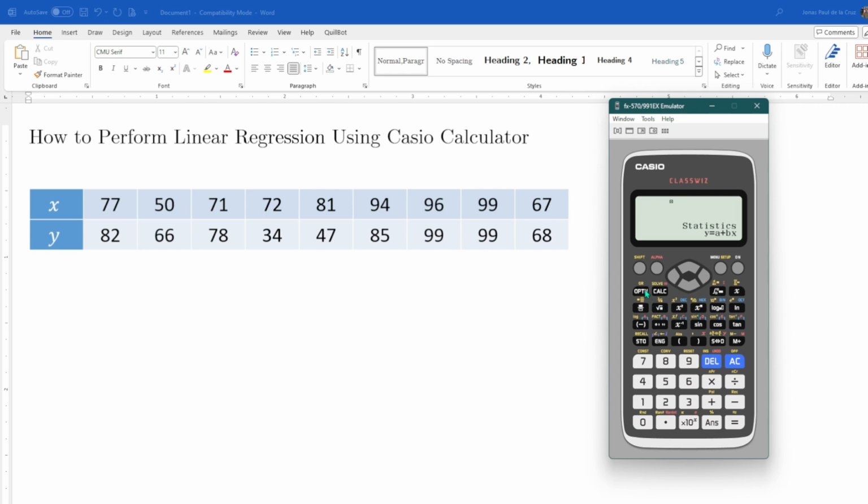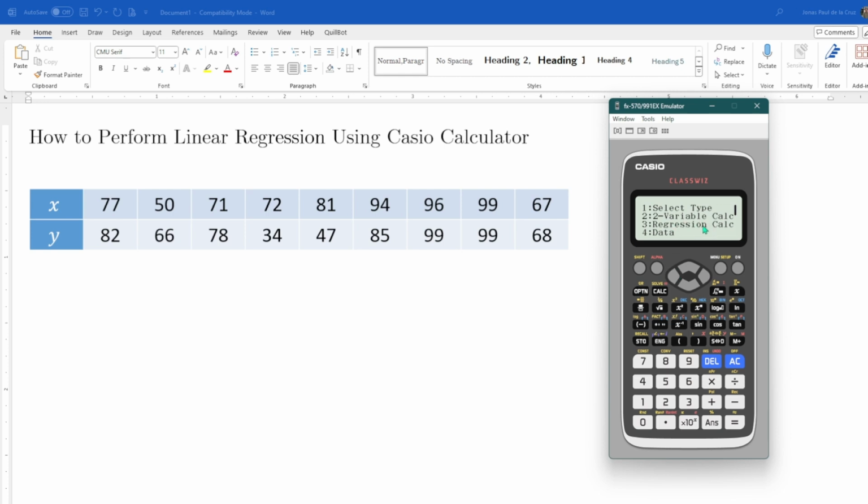Then to look for the coefficients of the linear regression, you just need to call on the stat option here. So I'm going to click options. For some calculators, you have shift and then stat. The stat should be on the numeric buttons of your calculator. Okay, but in my case, for 570991EX, I have an option button here, so I'm going to click option,